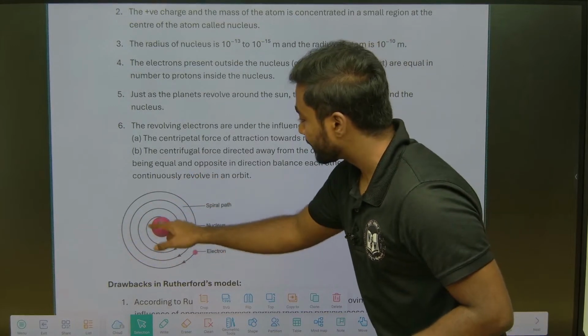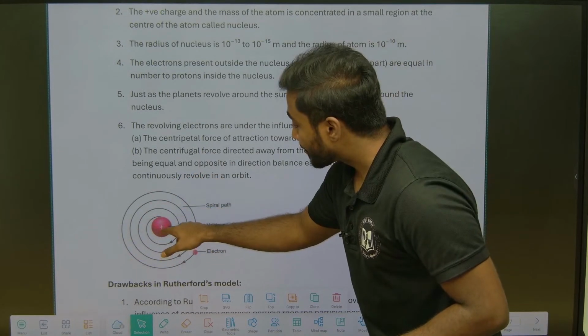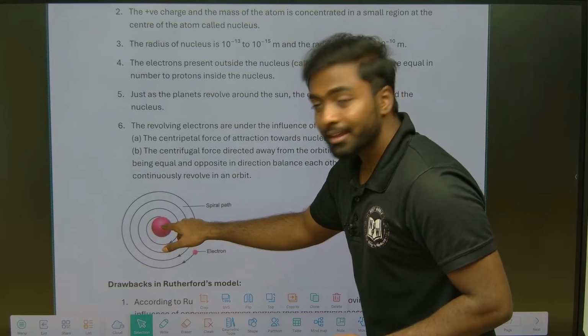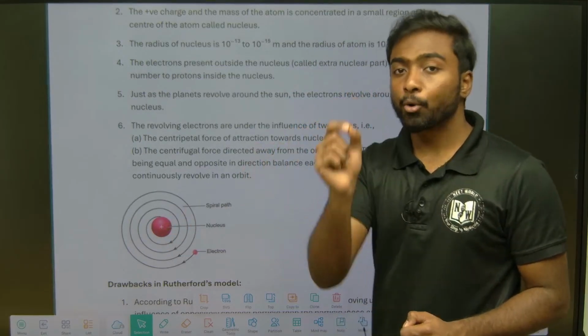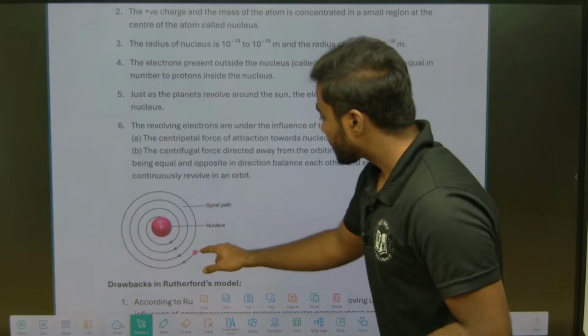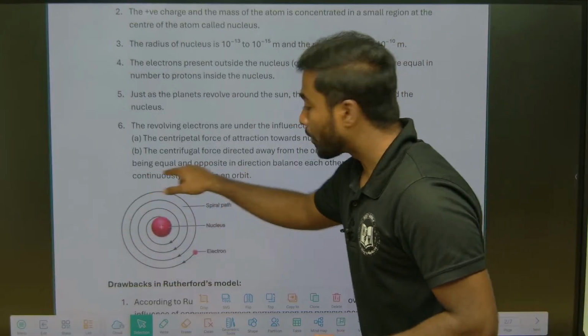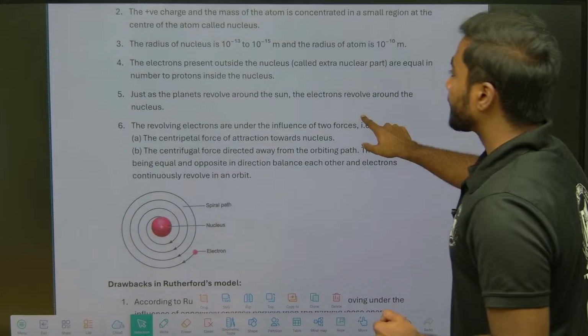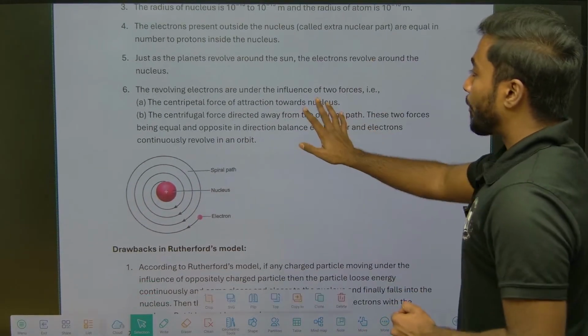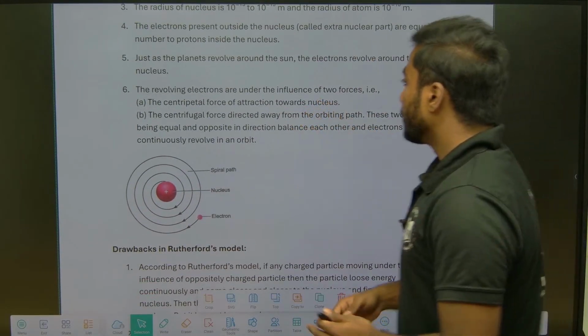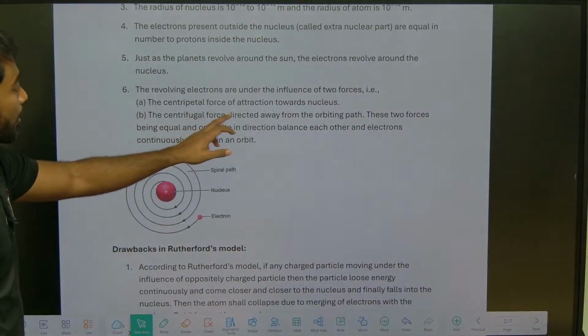It's a nucleus, the center part is the nucleus. In that nucleus, the center part is there, that is the atom, that is a proton, positively charged. So this electron is revolving around this. And the sixth point, the last point which we want to say, is the revolving electron is under the influence